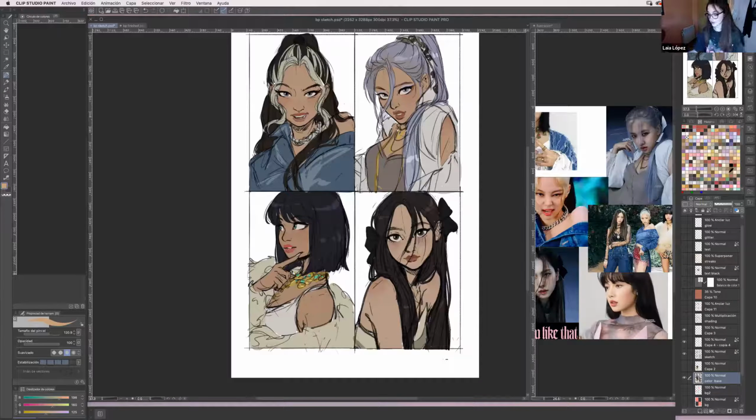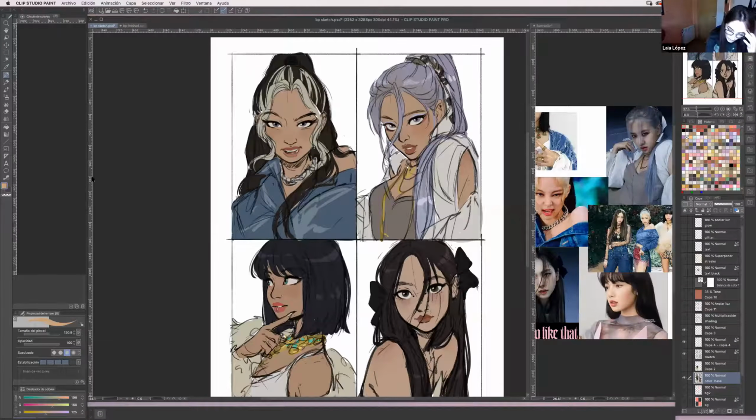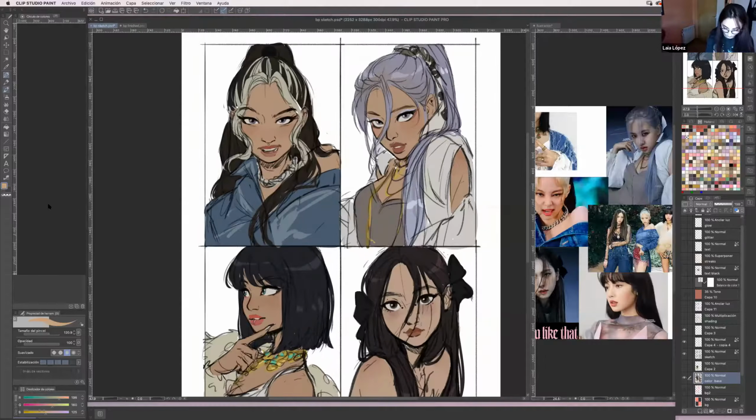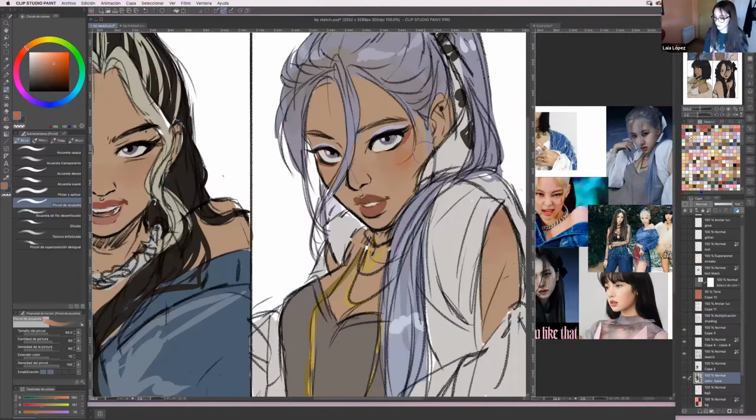Sometimes I go a little bit overboard and do some details, like their makeup or the blush. For the blush, for example, I use a watercolor brush, it's this one. I don't know what to call it, it just says watercolor brush. I really like orange tones for blush. I don't know why, it just looks nice with my color palettes. Let me show you how it works. If you use it on a layer that has no color underneath, it works just fine.